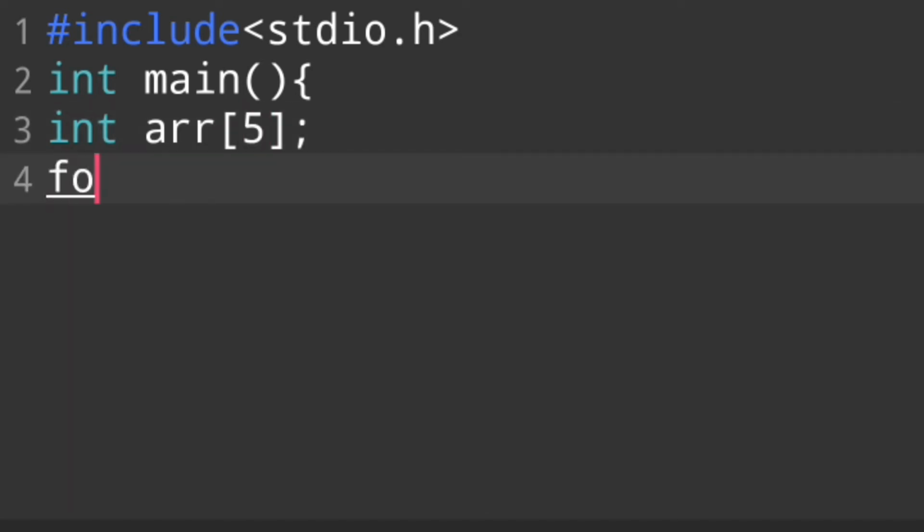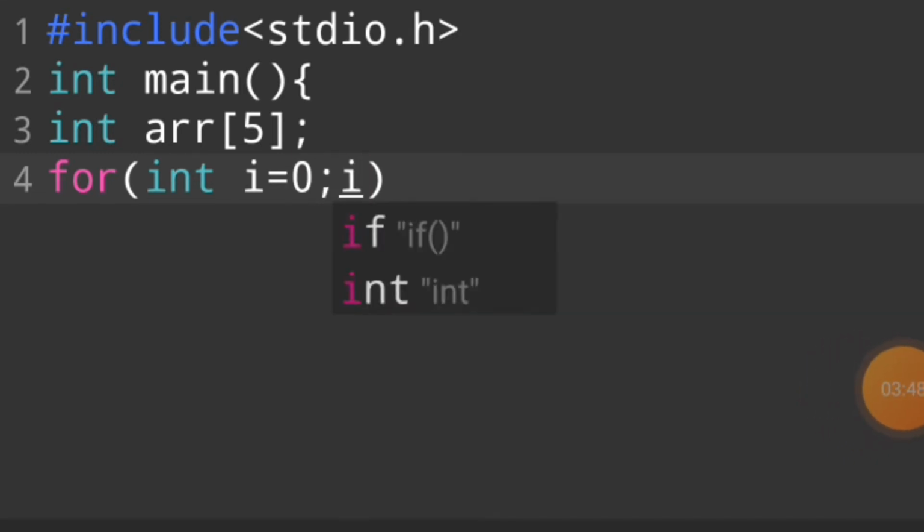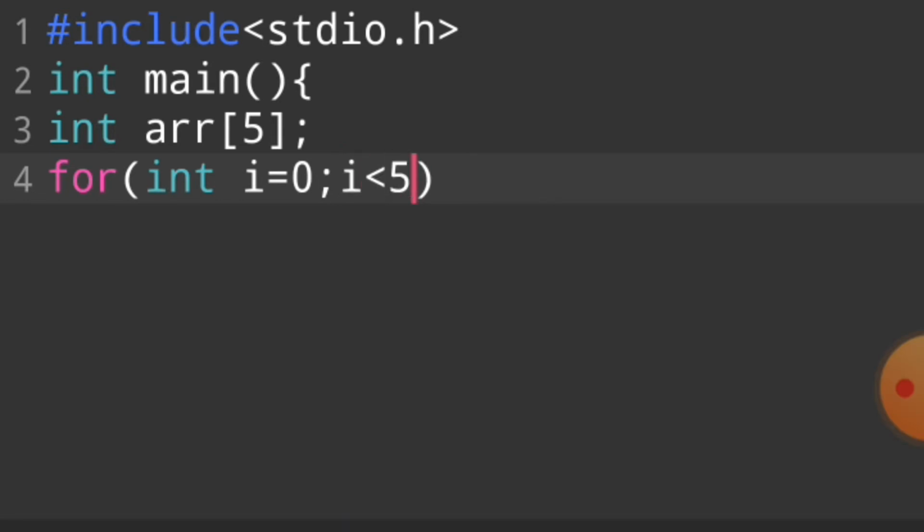Then I use a for loop. Why do we use a for loop? Because I want to take values from the user again and again. The size of the array is 5, so we declare 5, and then I use the increment operator.